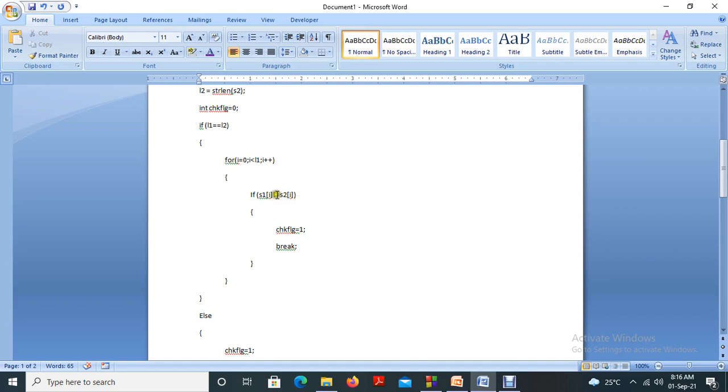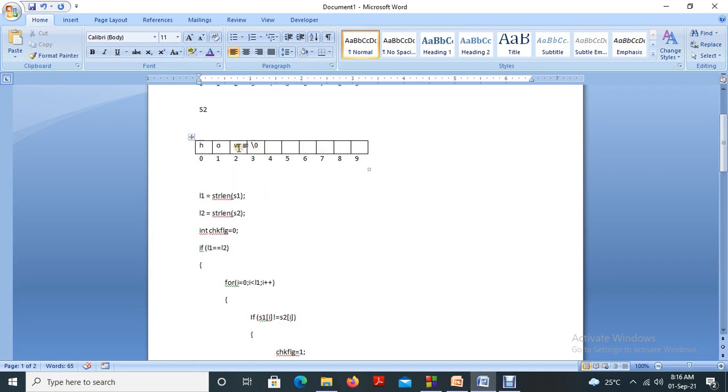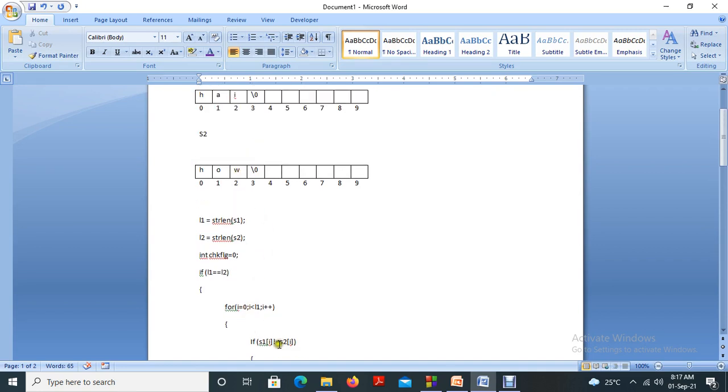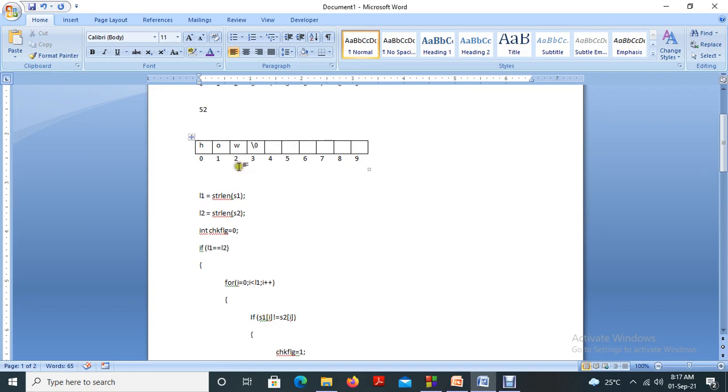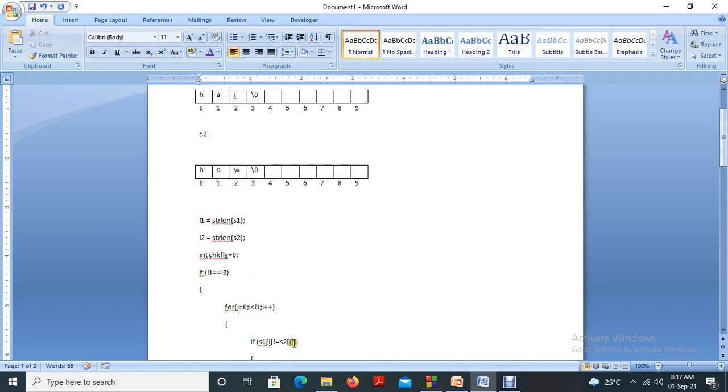Okay, so if this condition is false, in our case I equal to 0, s1 of 0 not equal to s2 of 0. So this condition is false, it comes out of the statement, and I value is incremented by 1. s1 of 1 is a, not equal to s2 of 1, that is o. a not equal to o.